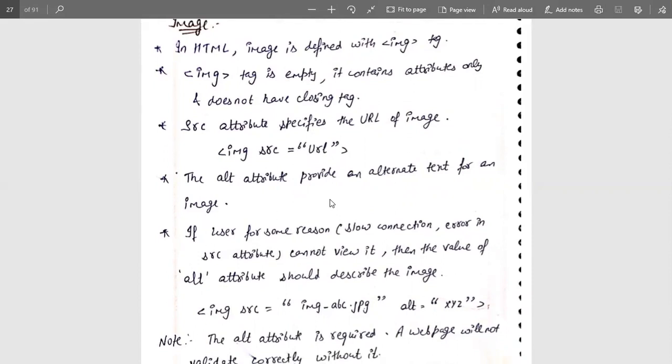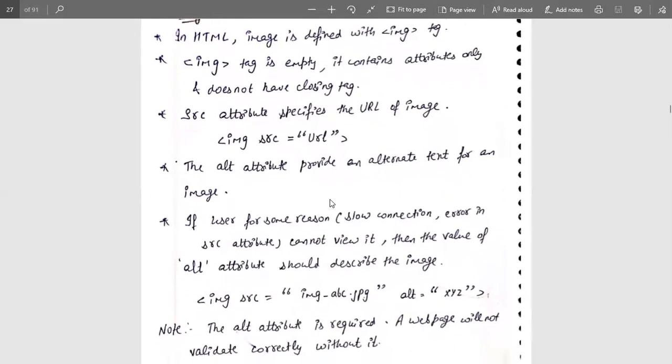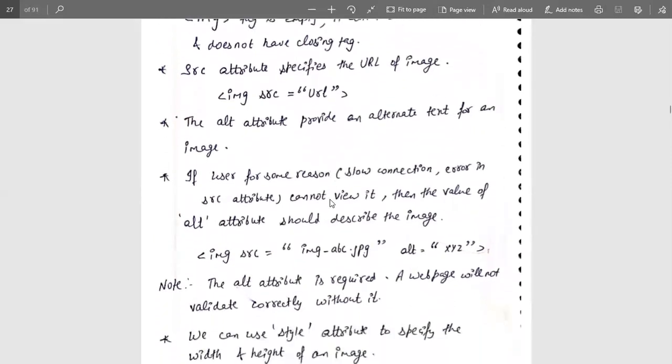Now one more thing is the alt attribute, which is also an attribute used in an image tag, providing the alternative text for an image. That means if the image is not inserted, or if there is any other content that I want to show instead of the image, it can be done with the help of the alt attribute that contains the alternative text.